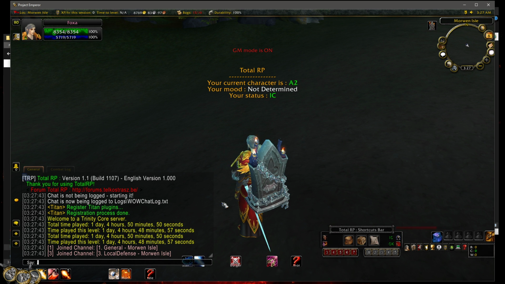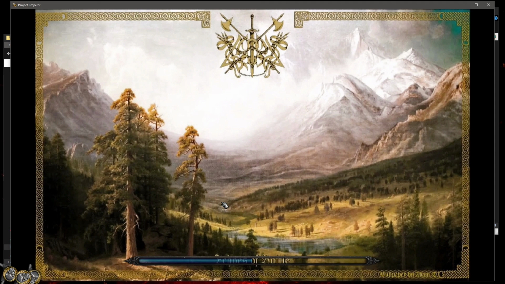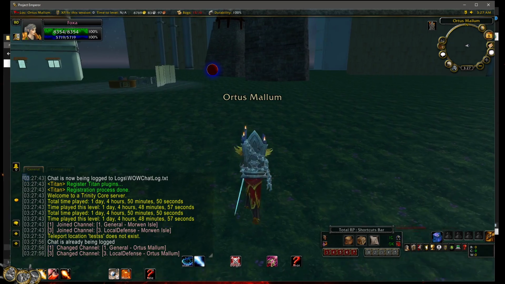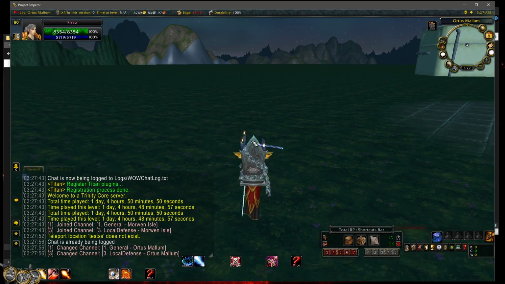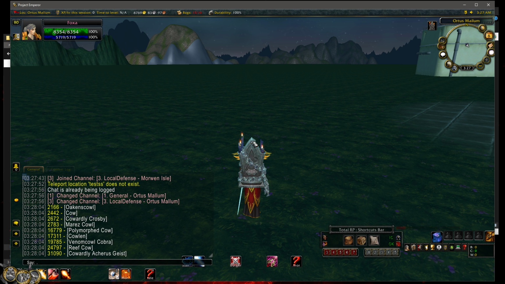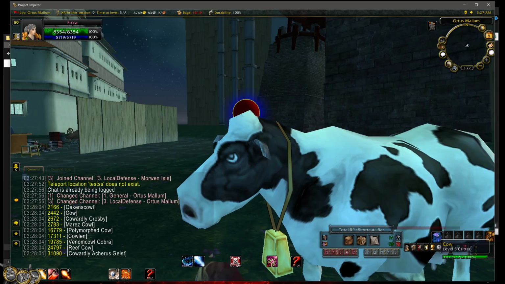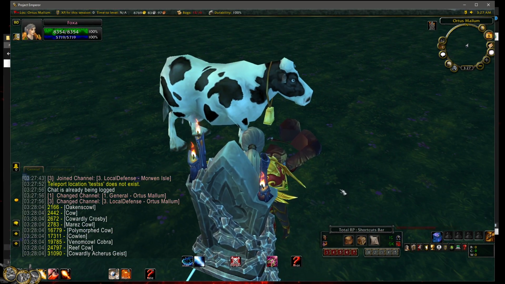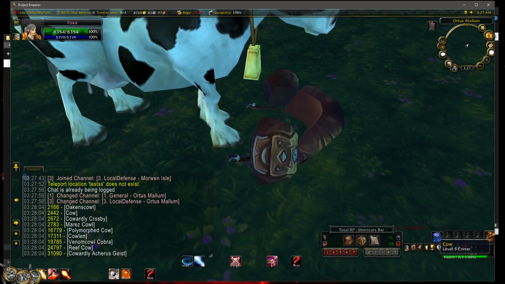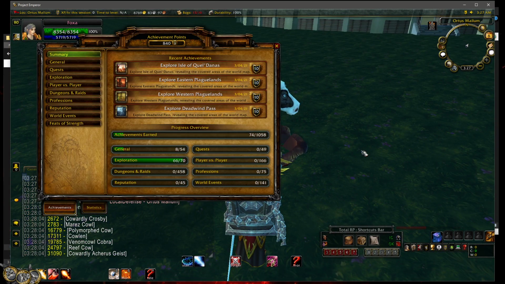All right. I'm going to TP myself somewhere sound and safe where I can actually do the tests. And there is the cow model. And as it seems, neither the head nor the saddle are in the correct position. This is clearly happening